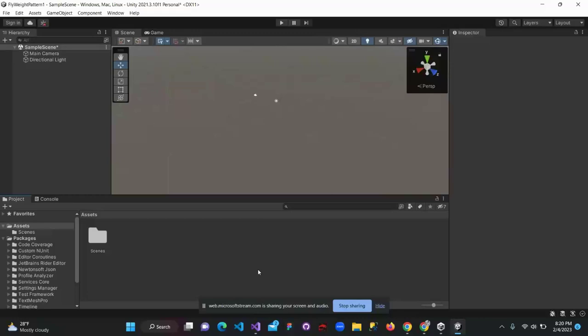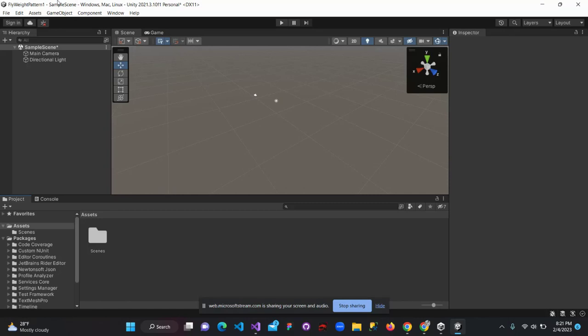My name is Tamer, and I'm happy to present to you guys how to do the flyweight pattern. It's called the flyweight pattern because we want to make sure that we don't make each object, say a cube and its material color, super heavy on the memory. Because usually when we have a lot of objects and a lot of materials for each object and a color for each material,